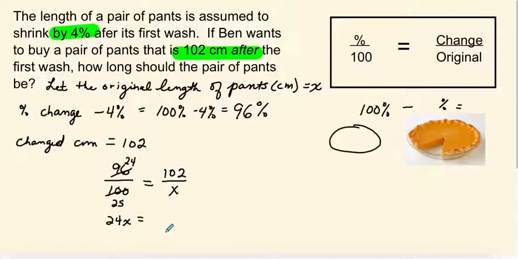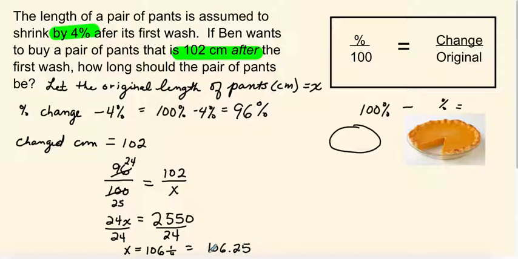I could do this in my head, but I have the handy dandy calculator. 2,550. And so if I divide both sides by 24, I'm going to get that x is equal to 106 with 1 left over and 1/4 left over, so 0.25. So x is equal to